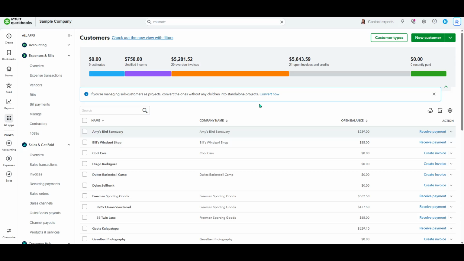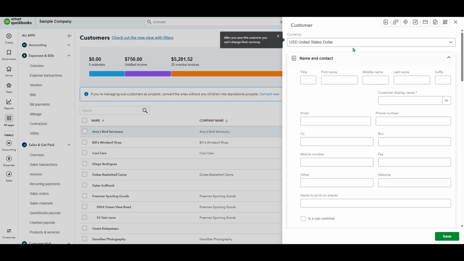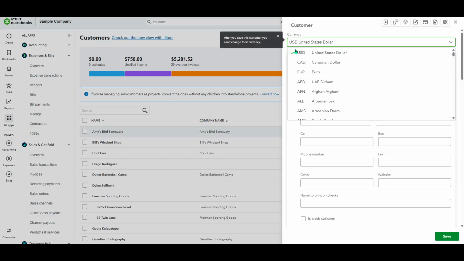reports consistent. After you enable multi-currency in your company settings, you'll notice a small but important change when you create a new customer or vendor. A currency dropdown appears on the profile. Choose the currency that person or business uses most often with you. This choice becomes part of their profile and drives the currency on every invoice, estimate, sales receipt, bill, or expense you create for them. Because the currency is locked to the profile, you can't flip it later for that same